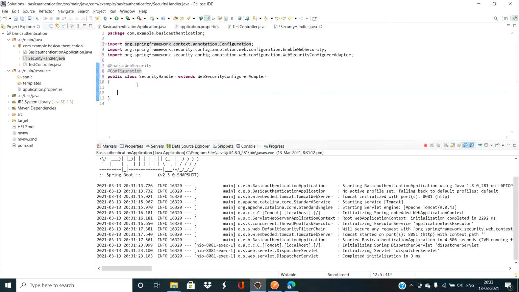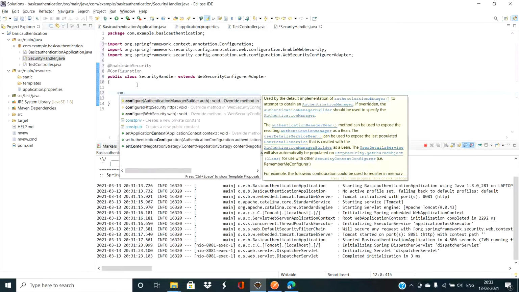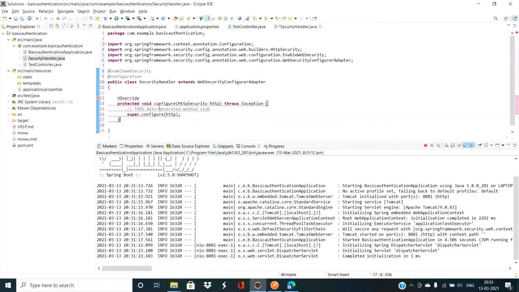Okay. Now we'll have to override the configure method. There are two configure methods provided in the WebSecurityConfigurerAdapter class. So the first one I'll override is this one, HttpSecurity.